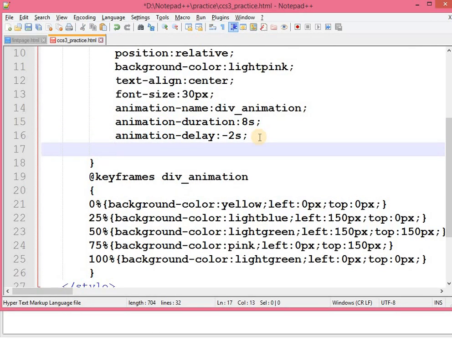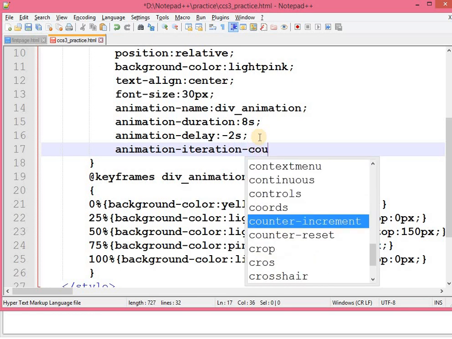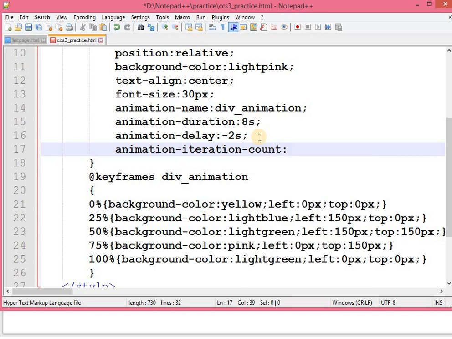Now I can add animation iteration count for how many times I want to apply the animation. Let's say 4 times.